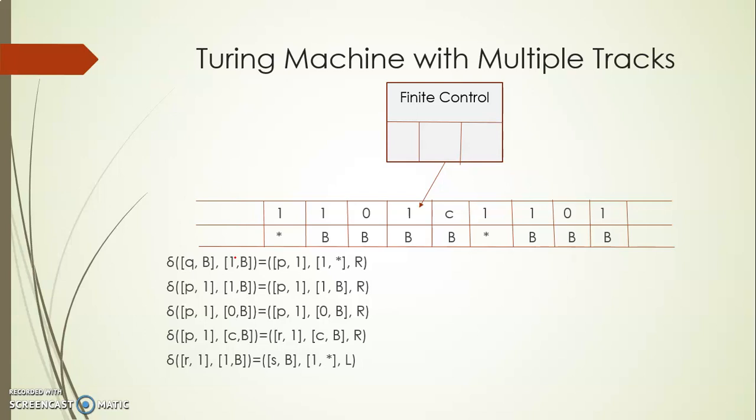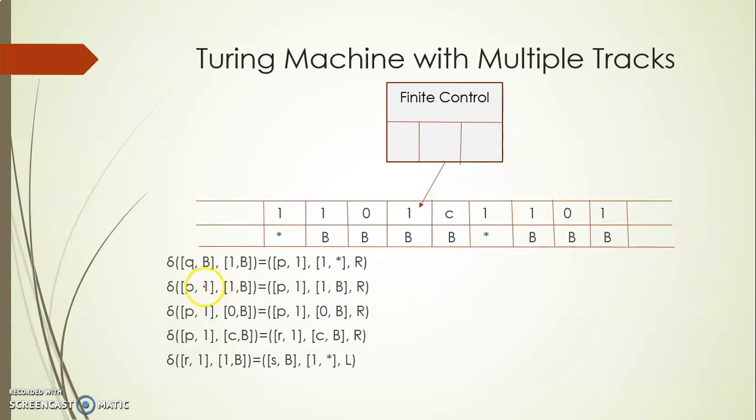To differentiate the visited and unvisited symbols, I can either modify the visited symbol to some other symbol, or, with the help of multiple tracks, I'll mark it with some other symbol. You can use something other than star too. So this one comma star: I am replacing this blank with star. Now what is my target? I have to move towards the right. So this will be moving towards the right.